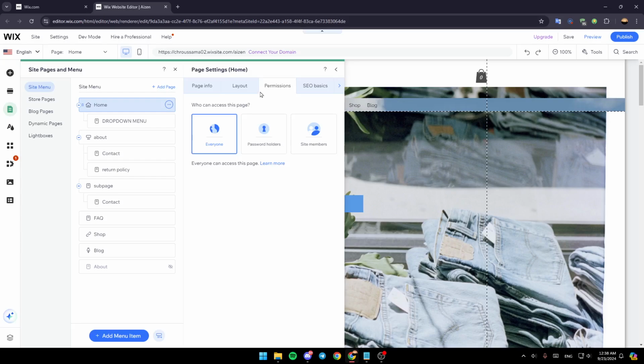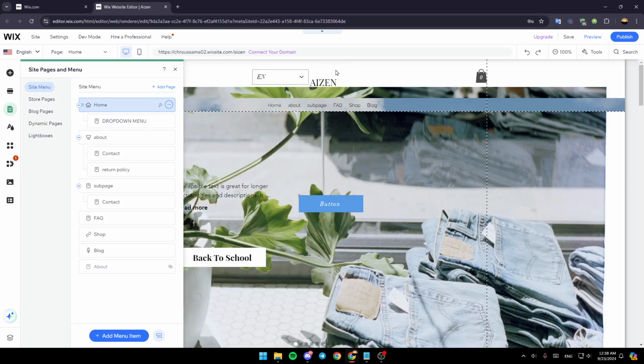And then here under permissions, you're going to find who can access this page. You can either choose everyone, password holders, or site members. So go ahead and choose password holder, and then you can set a password right here. And then once you do that, just go back and then you're going to be able to add a password